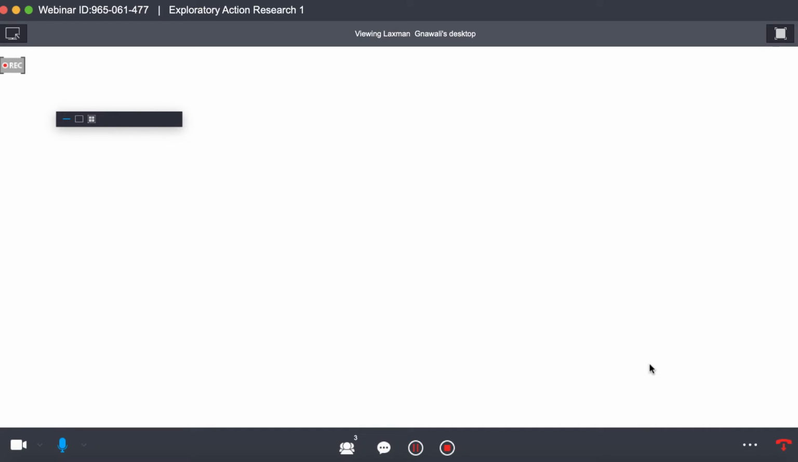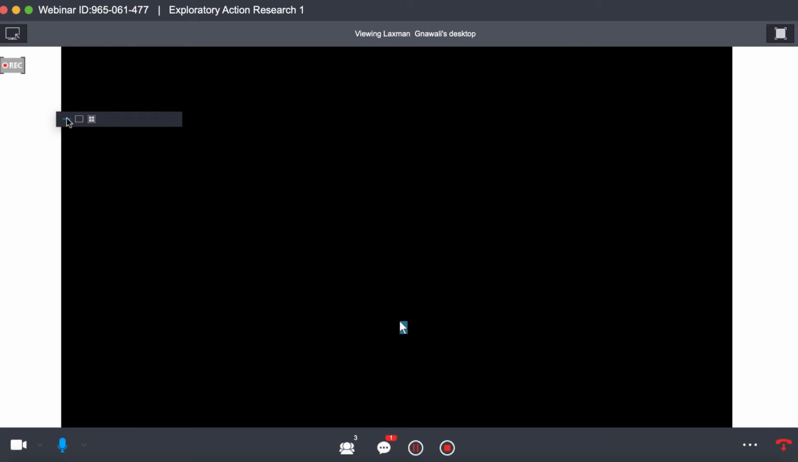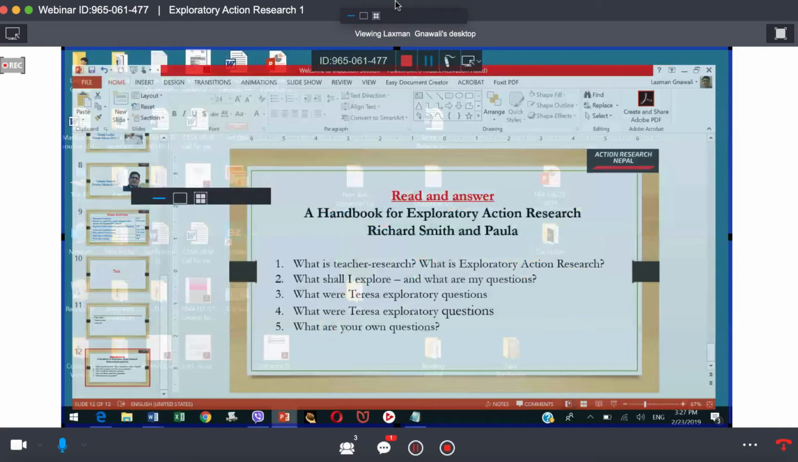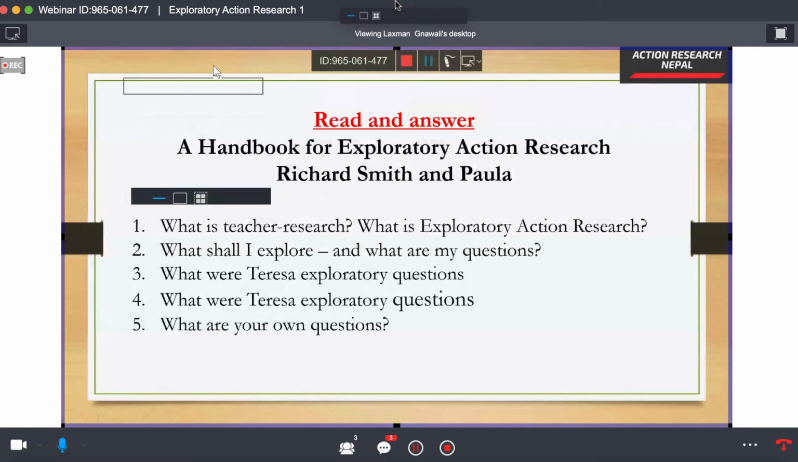I'm Laxman Gewali. I am based in Kathmandu and I work for Kathmandu University, and I am a very active member of NELTA. I'm in the committee, and now I'm in the team of this Exploratory Action Research that three of us are running